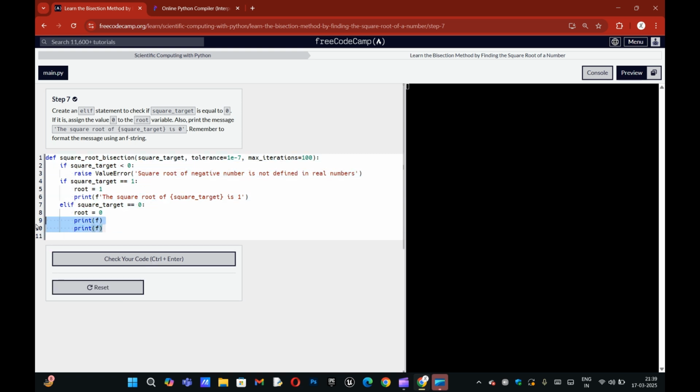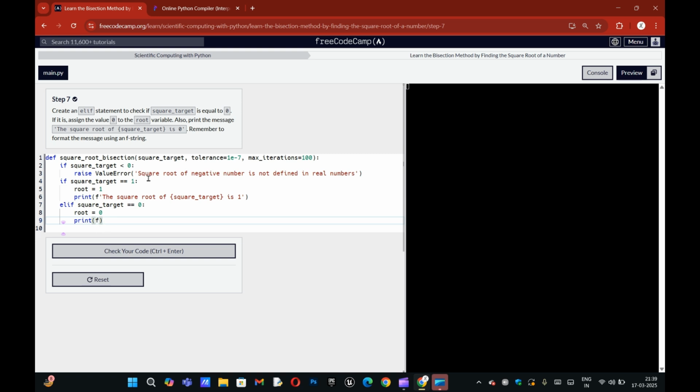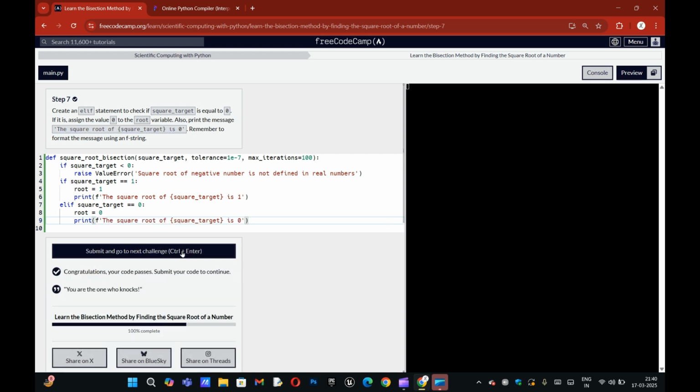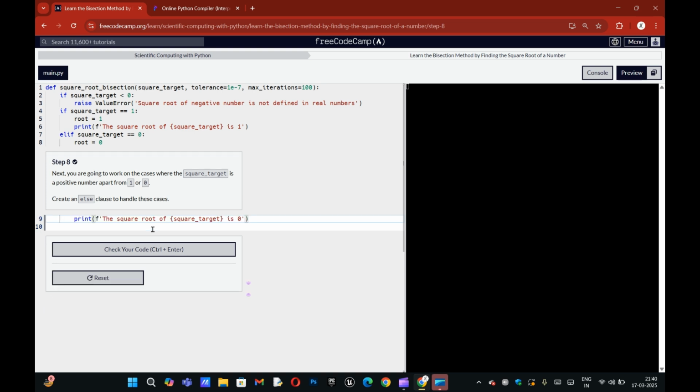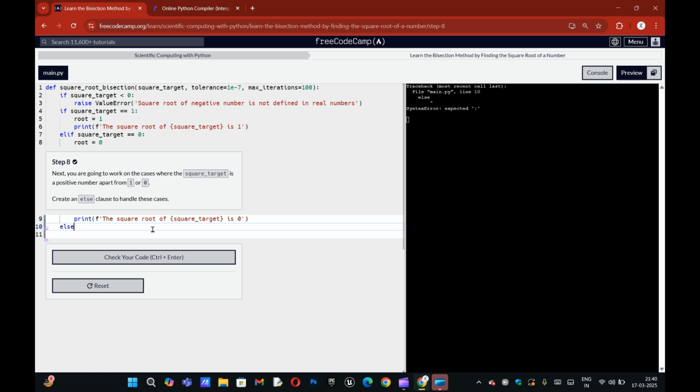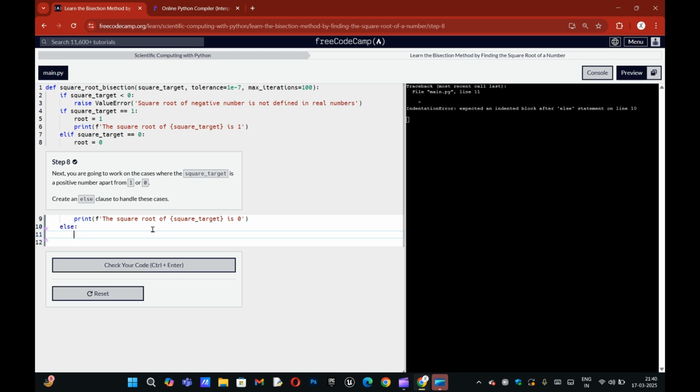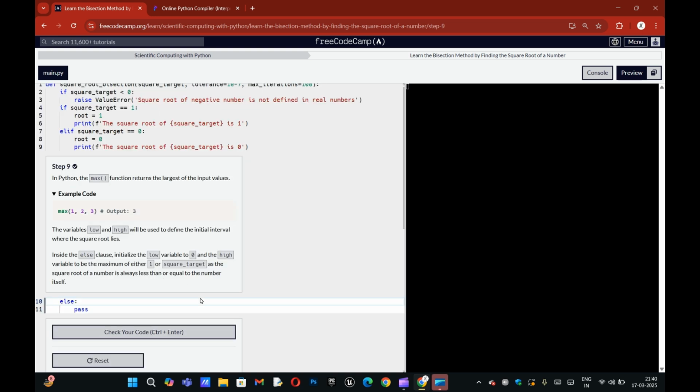So that should do it. Now we're going to work on the else clause, so I'll put an else clause with pass, so no error.